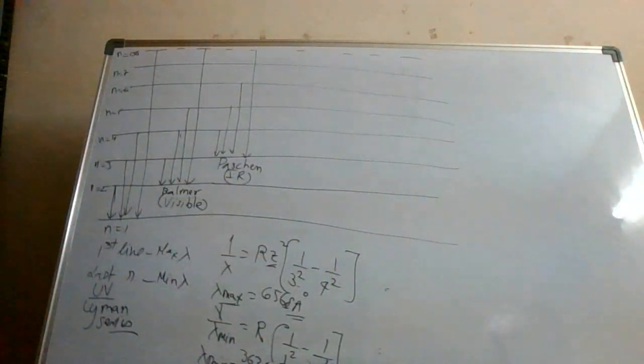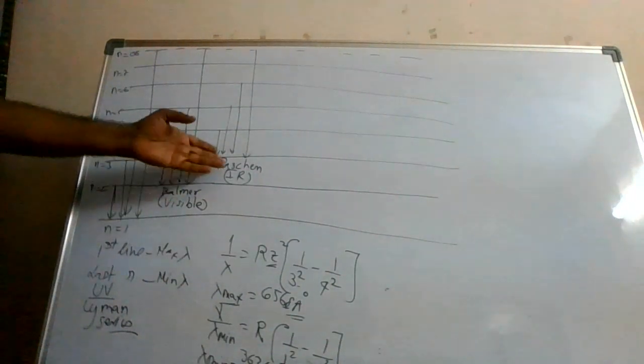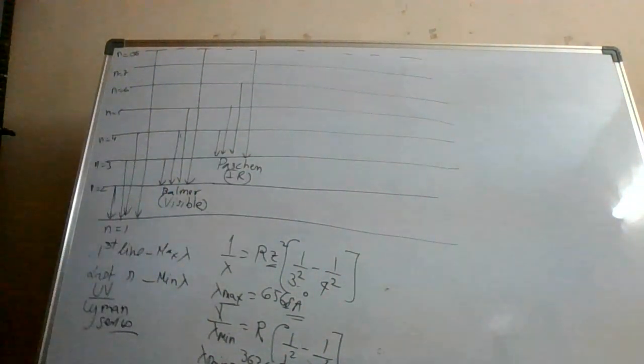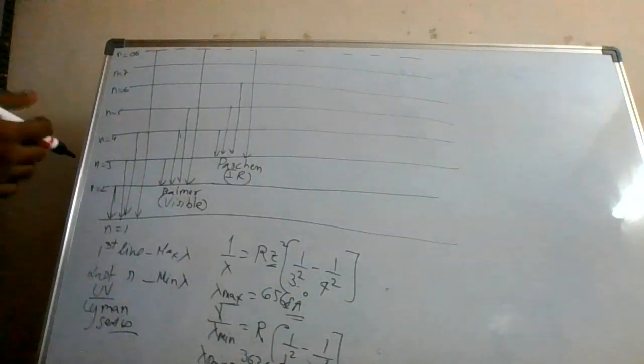Here also I am not sharing all those values. You can make the calculation. See, questions are asked on this. It's very easy. You have to just remember the name and follow the pattern. Alright. So you can make the calculation with the R value, the Rydberg constant value. Let us move to the next one.